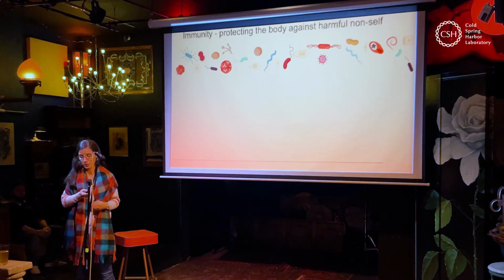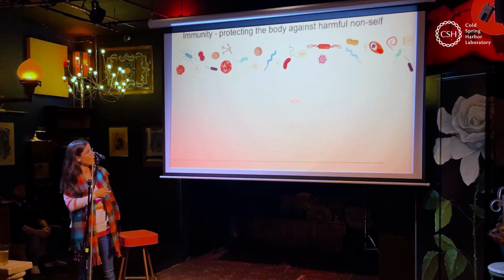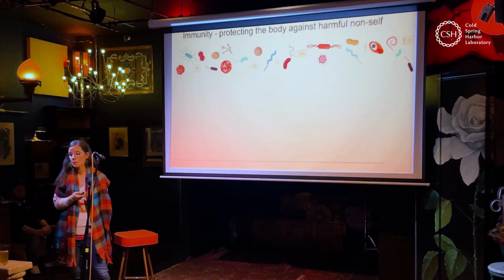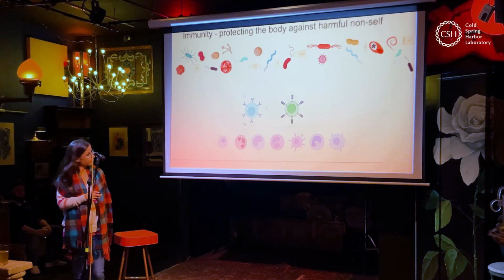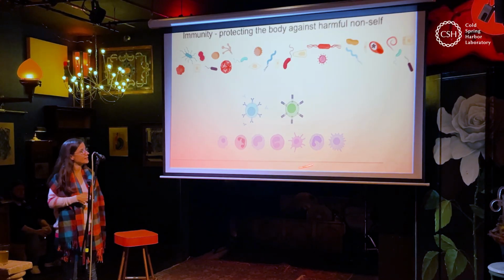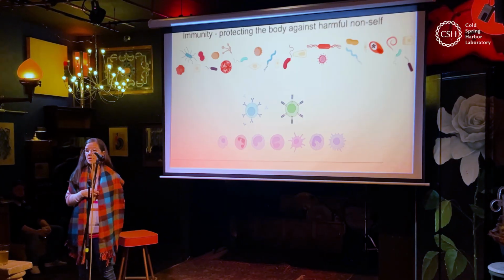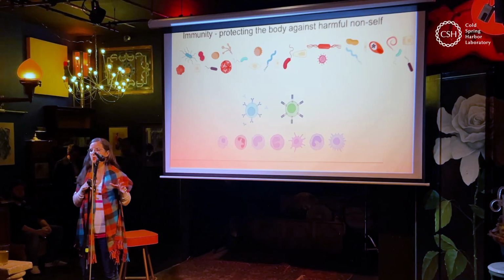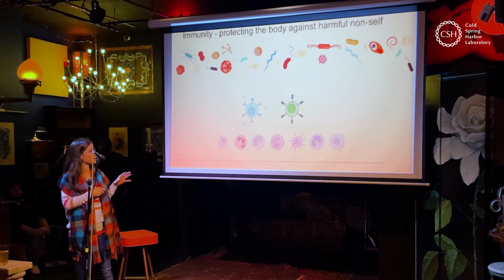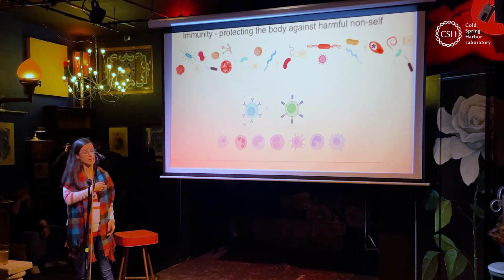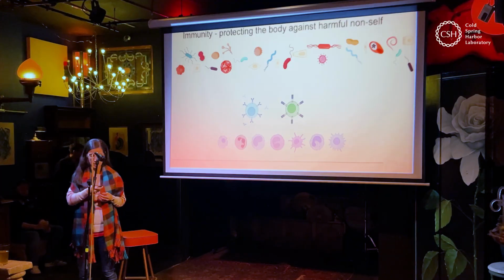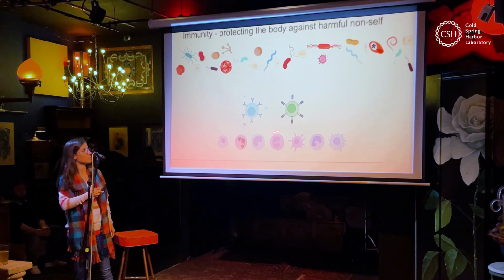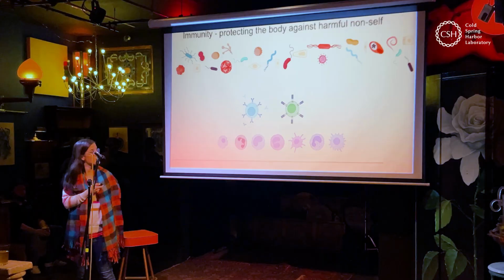As with the variety of all of these invaders that we might see, our immune systems have evolved to also have a large variety of cells that are specialized to tackle any of the ones that we see up here. These are sort of our first line defense immune cells, called cells of the innate immune system, that just hang out under all of the barrier sites, like the skin and so on. As soon as there is a breach by, say, a bacterium, these guys get activated and call the cavalry in, which are these more specialized types of cells of the immune system.